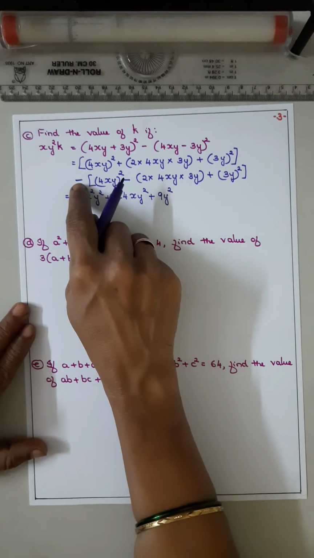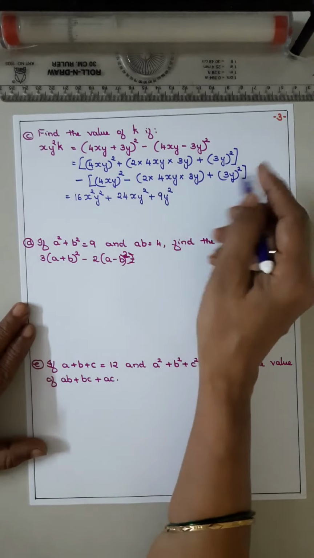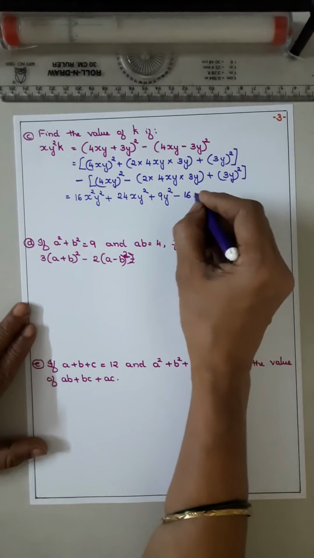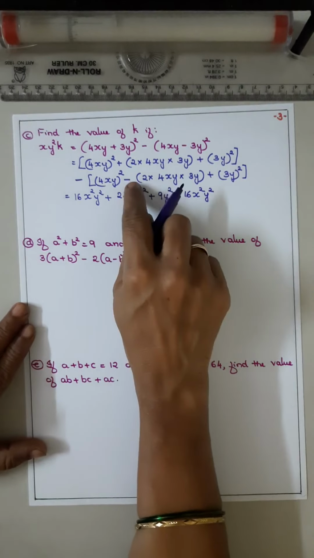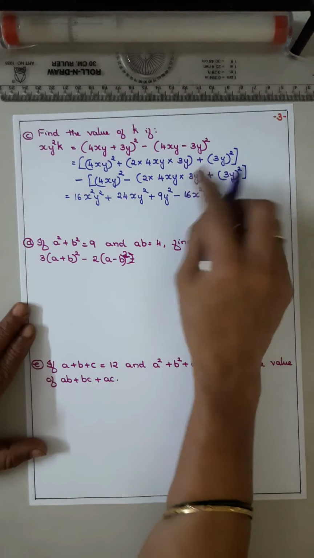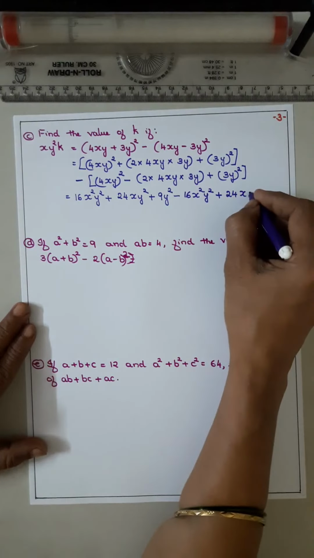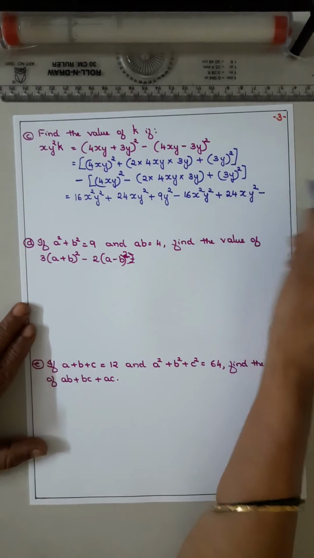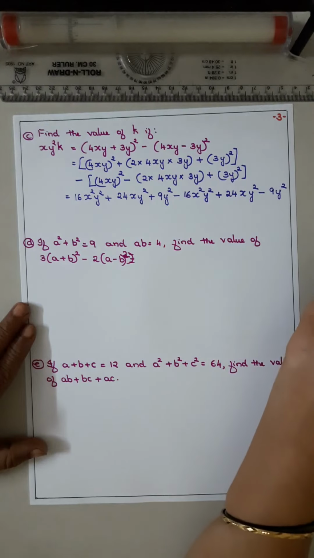Okay. Now open the bracket and write accordingly. Now minus of plus, that means minus 4 4s are 16 x squared y squared. Now minus of minus will become plus. 2 4s are 8, 8 3s are 24, x 1 time, y 2 times, that is xy squared. Now minus of plus, minus 3 3s are 9 y squared. Okay.